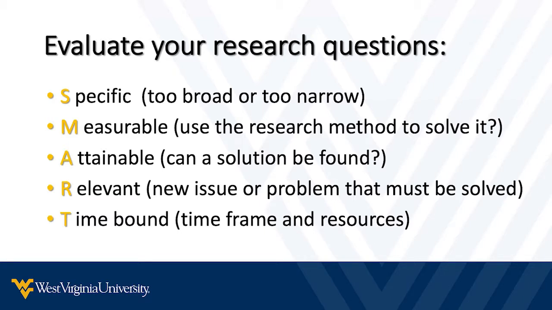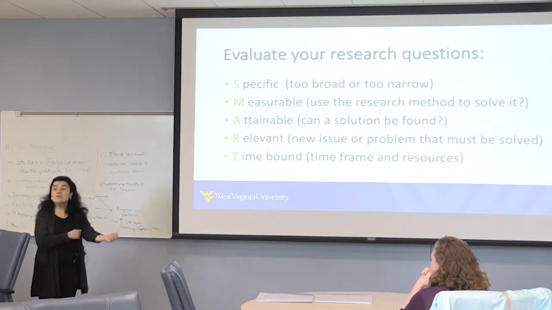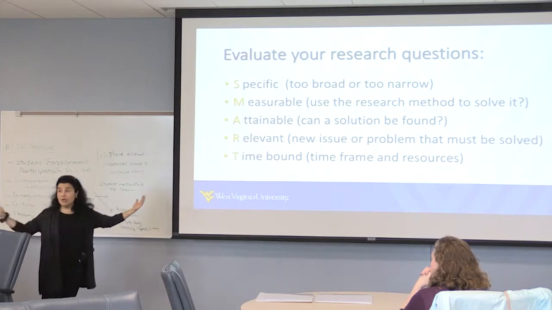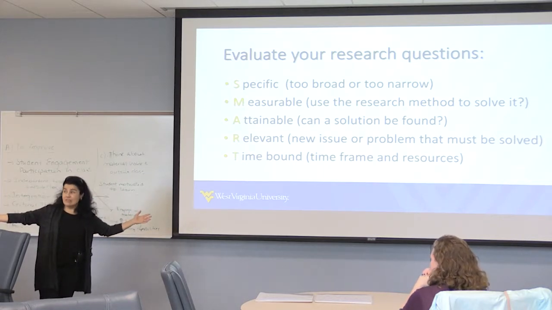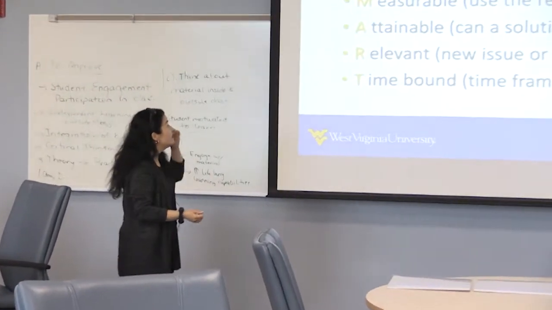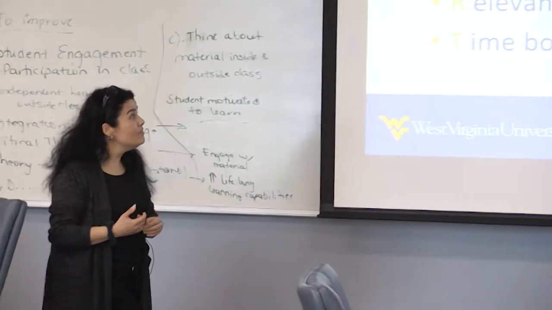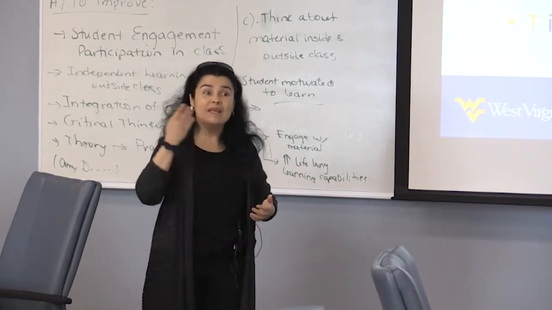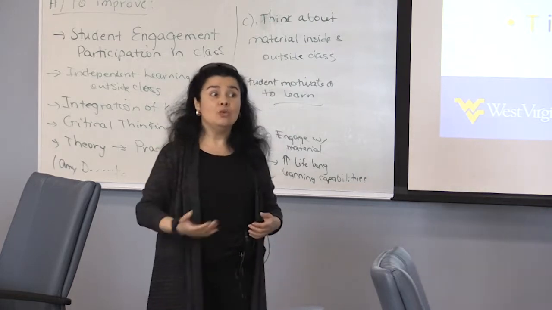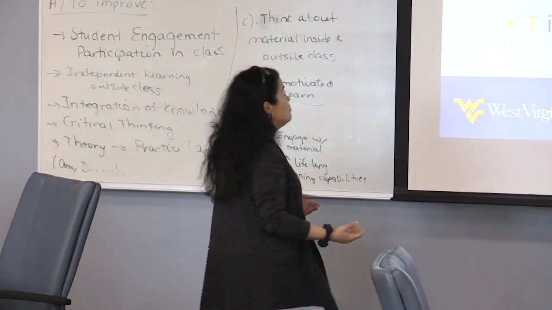So what we're giving you is basically, many of you are familiar with SMART goals, right? They have to be specific, measurable, attainable, relevant, and time-bound. The same thing happens with your research questions. Your research questions cannot be too broad, otherwise there's no way you can answer them. They cannot be too narrow. They could become meaningless if they are too narrow. They have to be measurable, so you have to be sure that there is a metric that could be used for the variables that you are planning to measure, according to your research question.